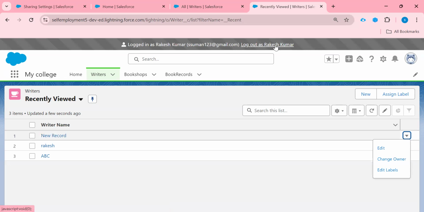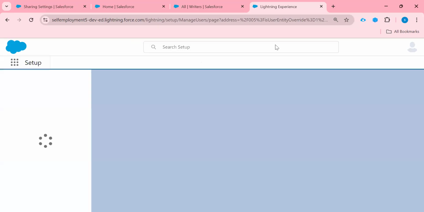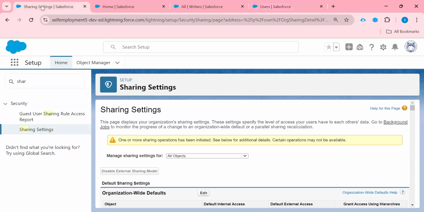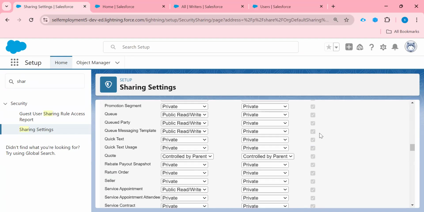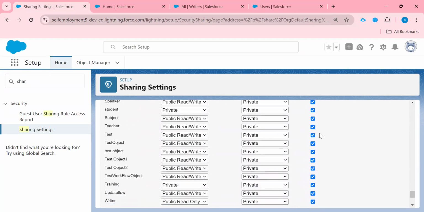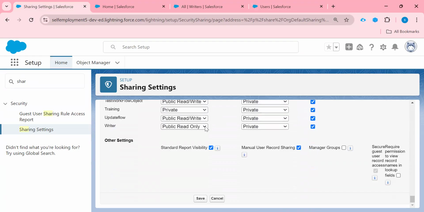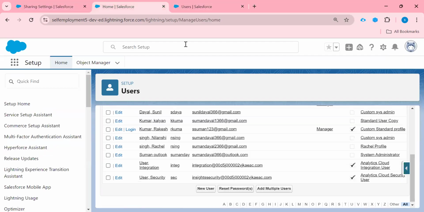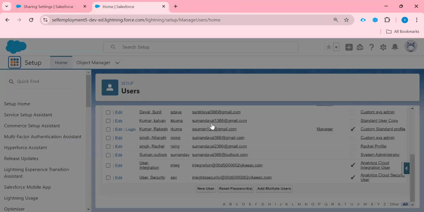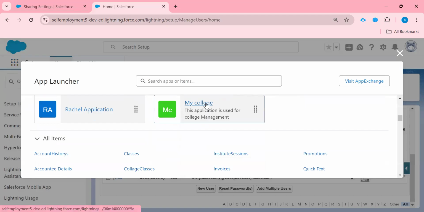Now log out from here. Let me change the sharing setting. This time I would like to make it private, so I can see the changes. So this time making this private. Just save this. Oops, I have closed my application by mistake, so let me open it one more time.